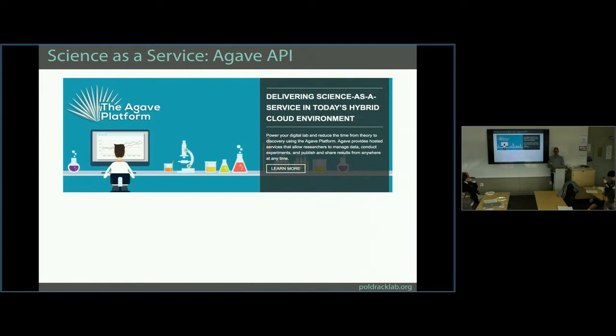The idea is that Agave gives you a platform where you can describe the analyses you want to do, describe your data, and you just give those descriptions to this API. You push them into this system, and it will go run the stuff for you, and then come back and tell you what happened. So it abstracts away all of the stuff around, especially if you're working on big supercomputing systems. It abstracts that away for the user and basically just lets them describe the analysis, describe the data, and push it in.